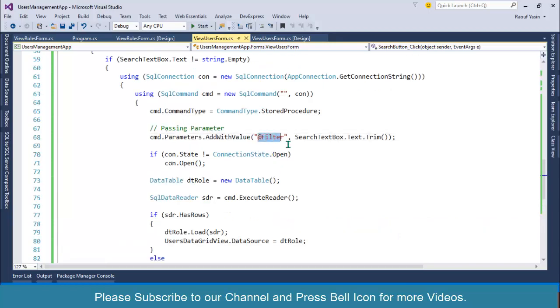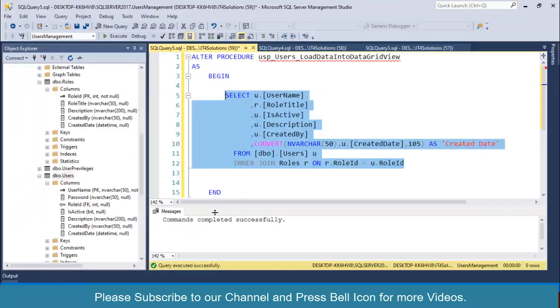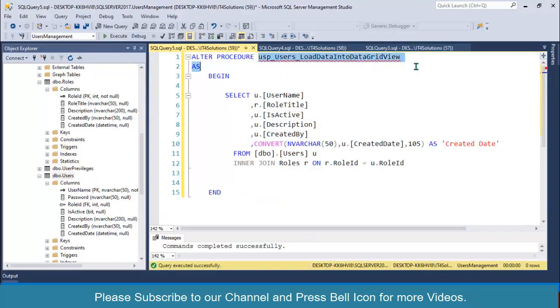And I will write a stored procedure for this one because we don't have any stored procedure for the time being. In the previous video we created this stored procedure. I'll reuse it and change it a little bit. Instead of alter, I'll use create, and I'll change the name as well, search by username or role.